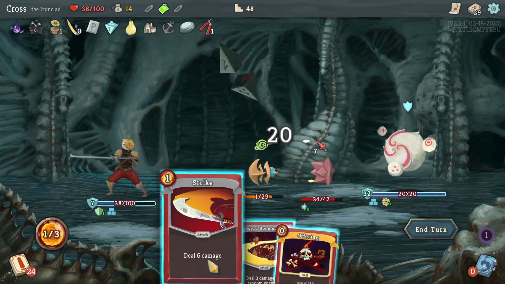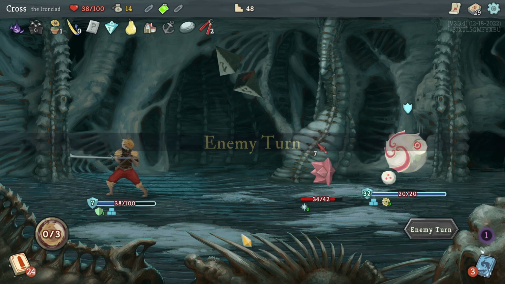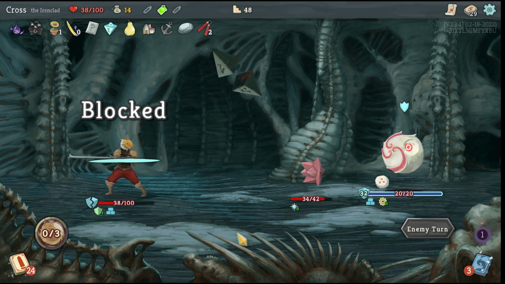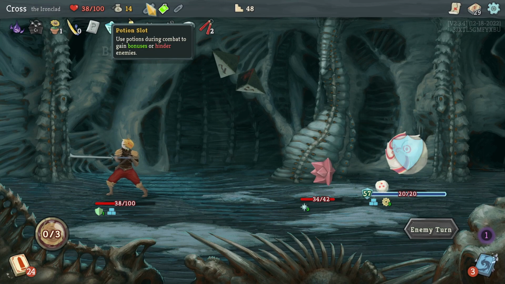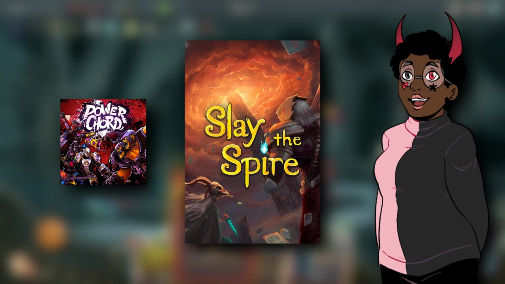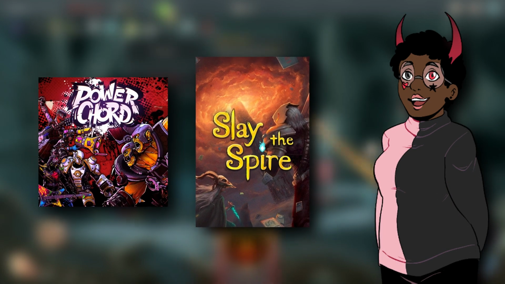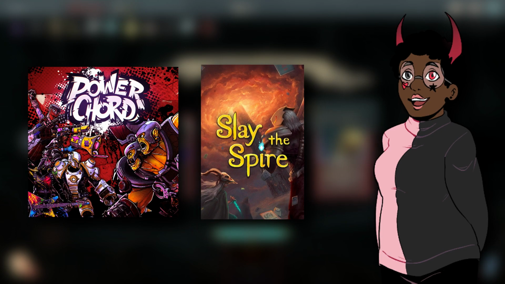The visuals, although fairly simple, alongside the music of the game are really good, but personally not something I'd write home about, specifically the music, as I would tend to mute it and just play my own. But overall, when compared to Power Chord, Slay the Spire seems almost leagues ahead, but I will say that Slay the Spire has been out much longer than Power Chord and has plenty of time to release content, bug fixes, adjustments,